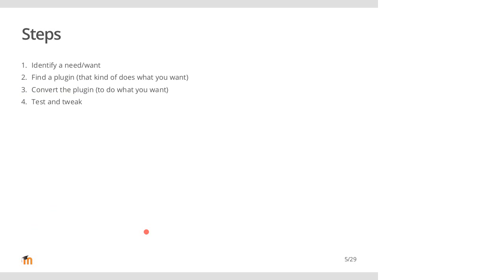So the four steps that I went through, I perhaps think would be good if you're thinking about creating your own plugin. The first thing is you need to identify something that you actually need or want. And part of that process involves having a look, because it turns out Moodle has an awful lot of classes and functions which may well already do what you want them to do. And likewise, if they don't, there are, I think, over 1,000 plugins, an awful lot of plugins that have been kindly donated by other developers and contributed to Moodle.org,